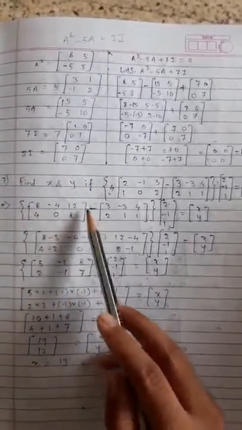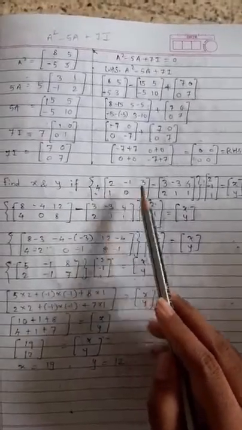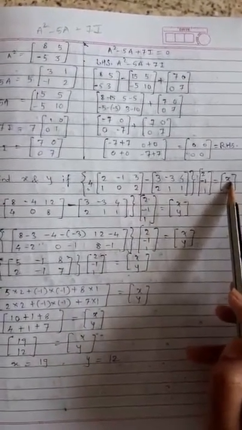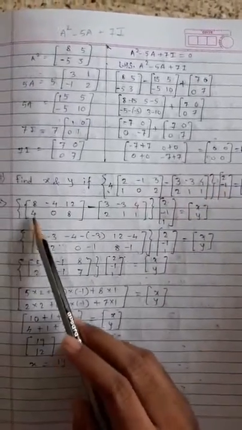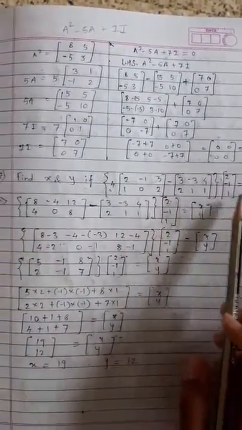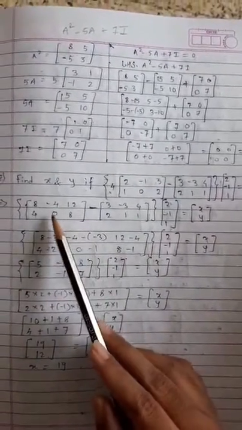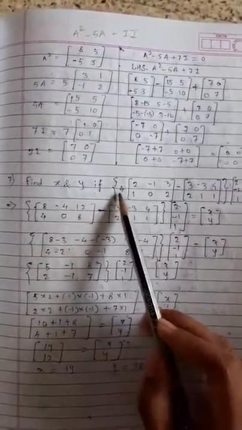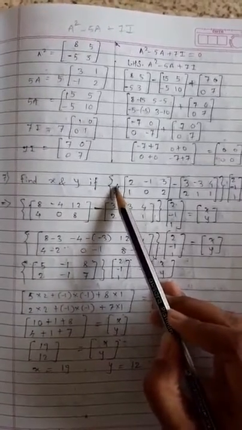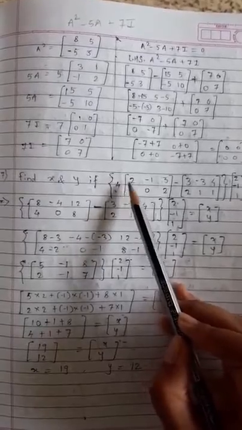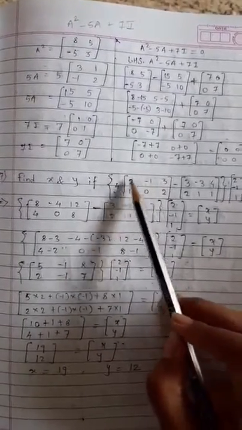Find x and y if 4 into this matrix minus this into this is equal to [x y]. So this is the given part. We have to find out the values of x and y. So first we will do the multiplication of the scalar, meaning we will multiply each element of this matrix